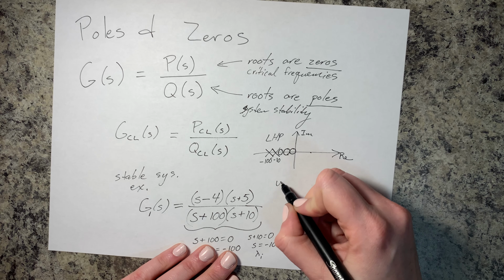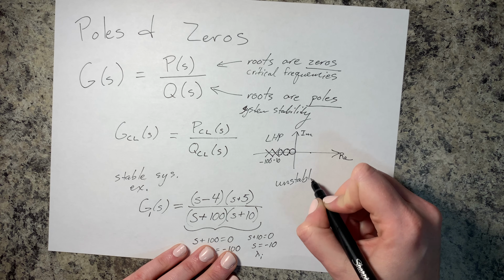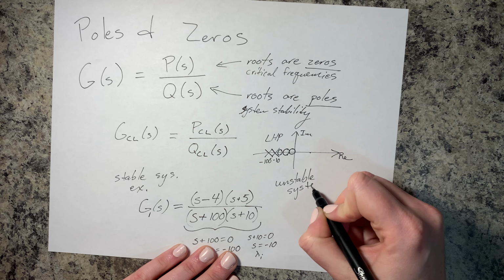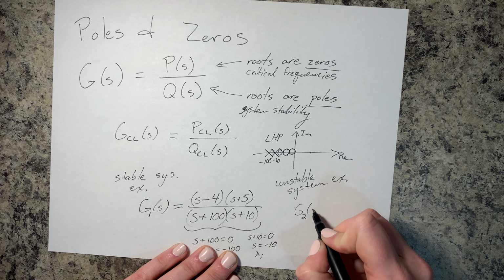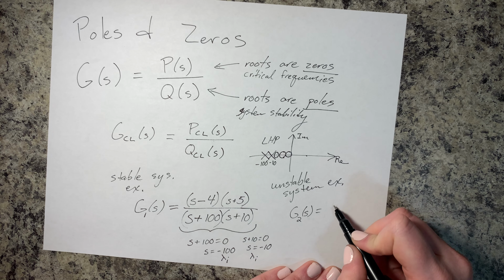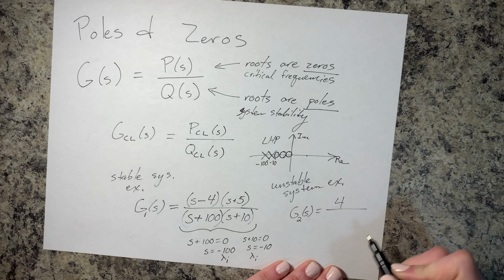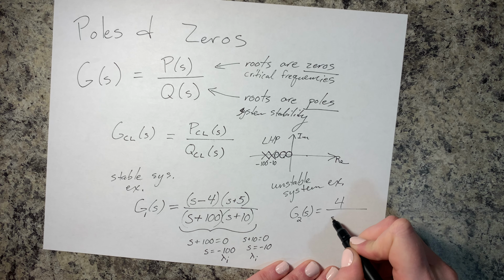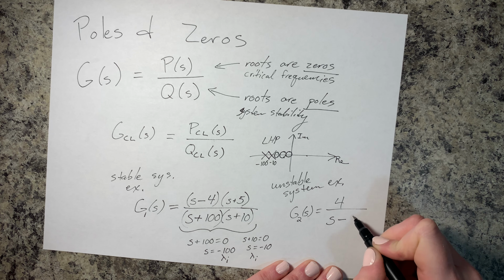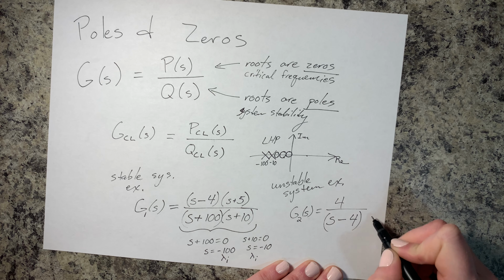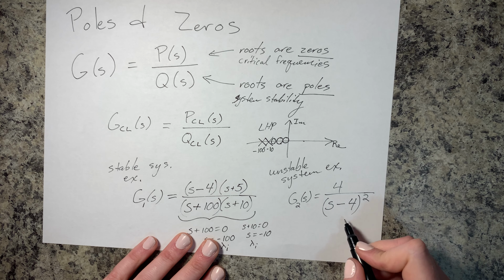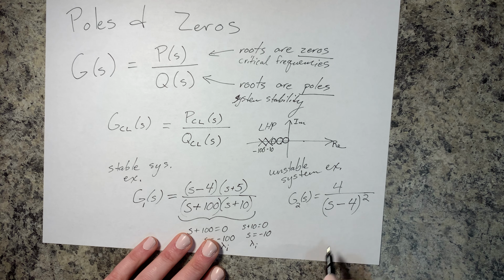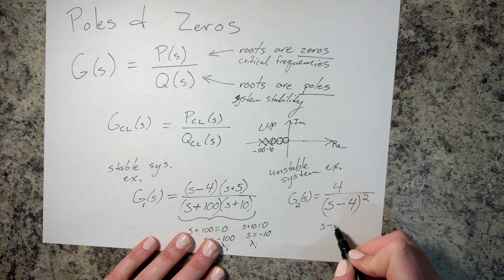Let's look at an unstable system example. Okay, I have G2 of S, and we're going to have this one, let's just have a number on the top, and then we'll have s minus 4, and we'll have 2 of them. Okay, so I know that I have 2 poles that are in the right-hand plane just by looking at this, because I'm looking at the bottom polynomial, and if we were to solve this,